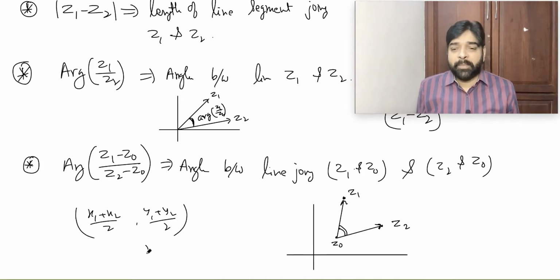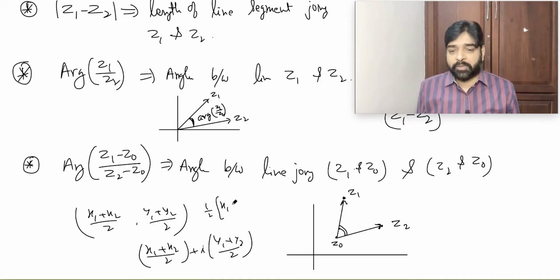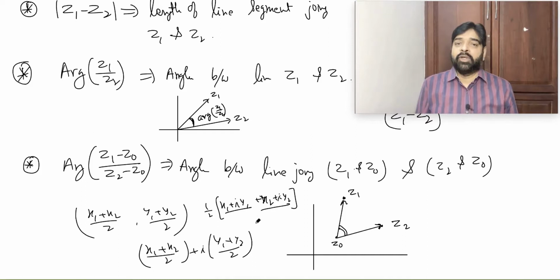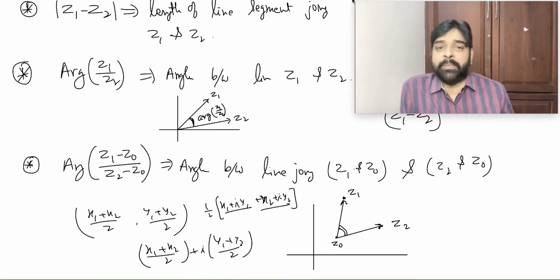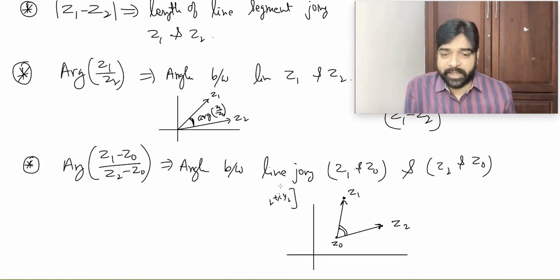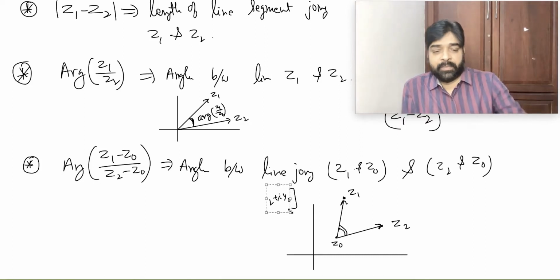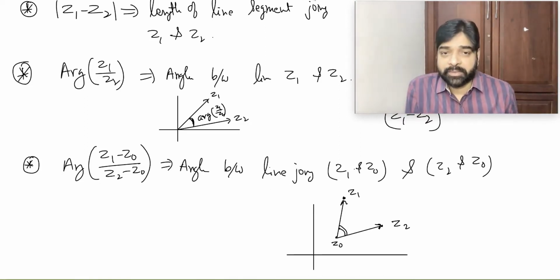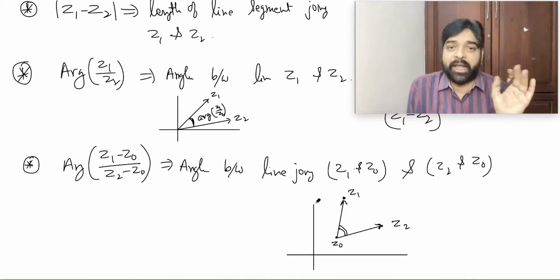Convert to a complex number. How will I write it? X1 plus X2 by 2 plus i into Y1 plus Y2 by 2. If you multiply i, 1 by 2 you can take common. So you'll get X1 plus iY1 plus X2 plus iY2. Yes or no? This value is nothing but Z1, this value is nothing but Z2. So that's why it's coming the same, because this is simply point coordinates. I'm not wasting time on that because it is purely coordinate geometry, and repeating it would only waste time. That's why I came directly to this part. If you didn't do coordinate geometry, of course I should do that part first, and only then go for this.